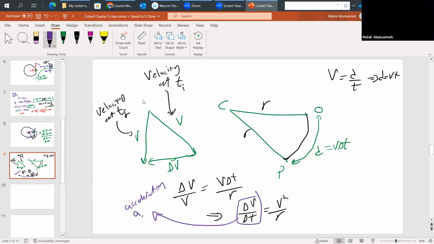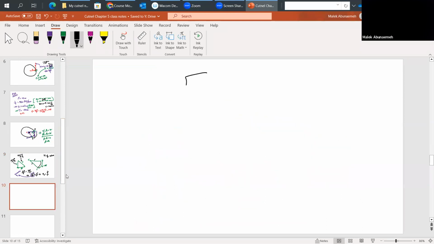Which in this case is centripetal acceleration. So this means that your centripetal acceleration is going to equal your v squared over r. So your centripetal force is going to equal mv squared over r, and centripetal acceleration is going to equal v squared over r. V is your velocity